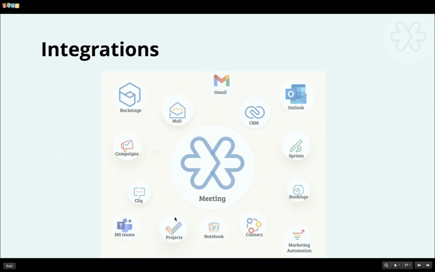Projects. The online meeting integration in Zoho Projects allows you to conduct instant online meetings with your team members to collaborate on the tasks related to a project that you're working on. Sprints. The online meeting integration with Zoho Sprints allows you to set up virtual live meetings with your team members to discuss the work progress and its status. Connect. The online meeting integration in Zoho Connect lets you conduct online meetings with your colleagues, groups in your organization, and even with your partners and clients.